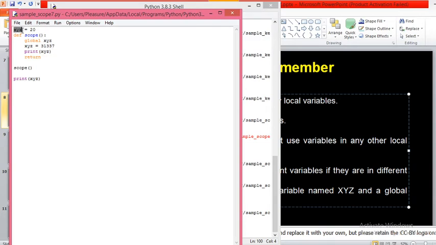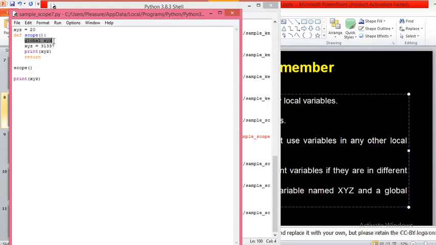Initially I had a global variable. Then in the function, I am not creating a new xyz. Try to understand my words. In the function, I am not trying to create a new xyz variable. What I am trying to do is access the global variable in the function. To access the global variable in the function, I must use a statement called global with the name of the variable.